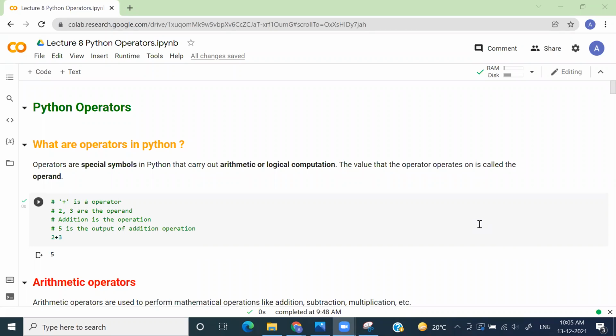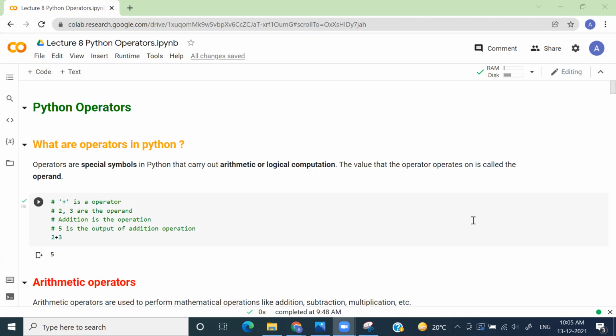So what is basically an operator? In Python, and this definition is not only applicable to Python, but all other programming languages also have these definitions. Operators are special symbols in Python that carry out arithmetic or logical computations. Any kind of computation in Python or any other language, we can broadly classify into two categories: one is arithmetic operation, the other is logical computation.